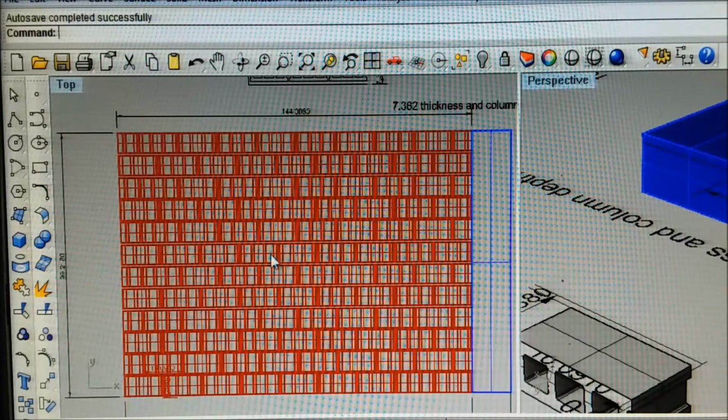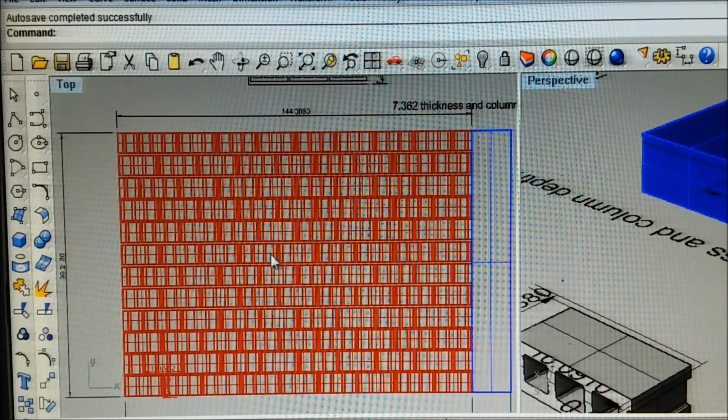Also, the poured concrete wall does not have to have a column. The entire wall can be considered a beam or a column because it's steel reinforced and it's solid concrete, just like a column. Now, to make this as fair as I could think to make it, we went to standard